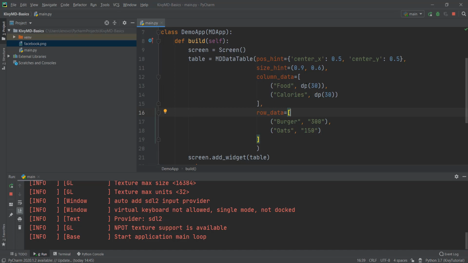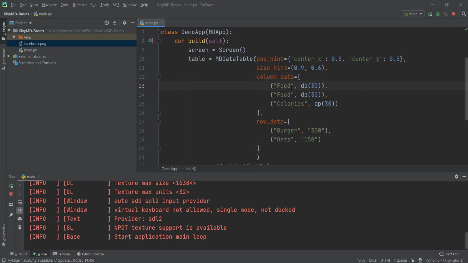So which item we are talking about. So what I'm gonna do is I'm just gonna copy this and make it the first item over here, and instead of food I'm gonna give it the value of number, and over here it's going to require a number parameter because now we have 3 columns, so we need to provide 3 values also over here. So I'm just going to put 1 and then a comma, make sure our burger is perfect, and let's copy this and paste this over here too.